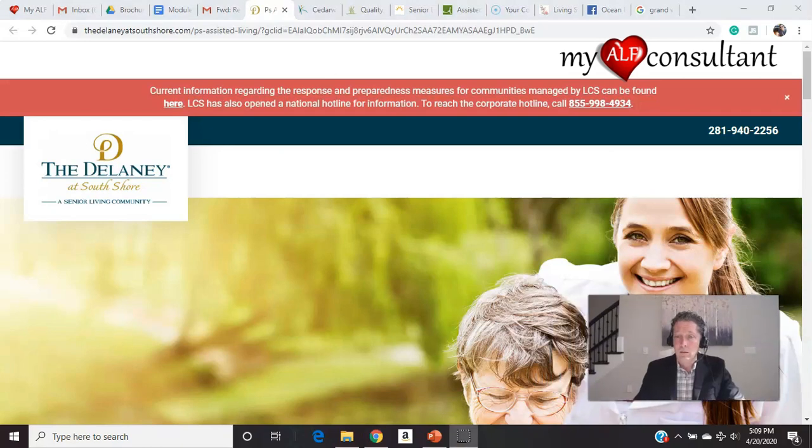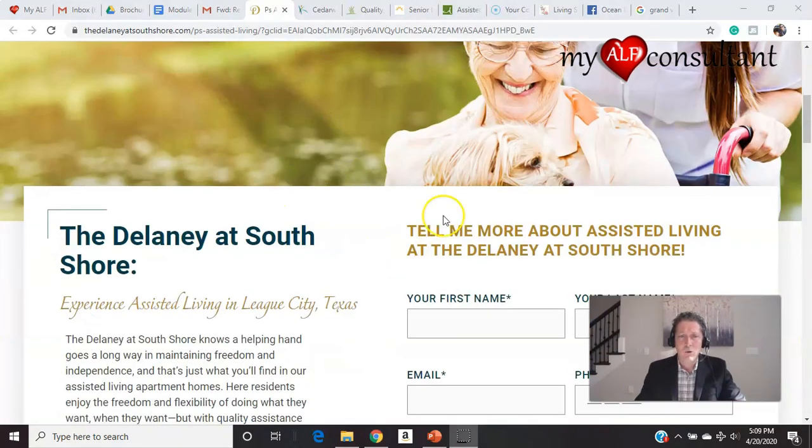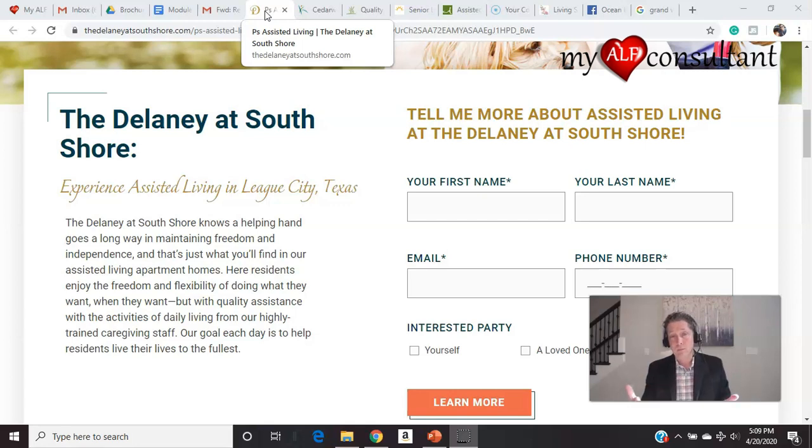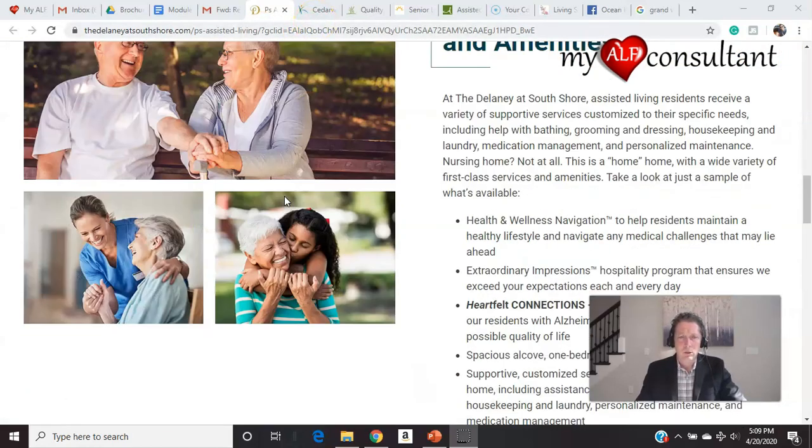And these are well presented. People can contact you. You can gain information. The good thing is that if they come to your website, we can capture their information, most of them, and then retarget them with ads. There's a lot of things that you can do with the website. I just want to show you how nice they are.